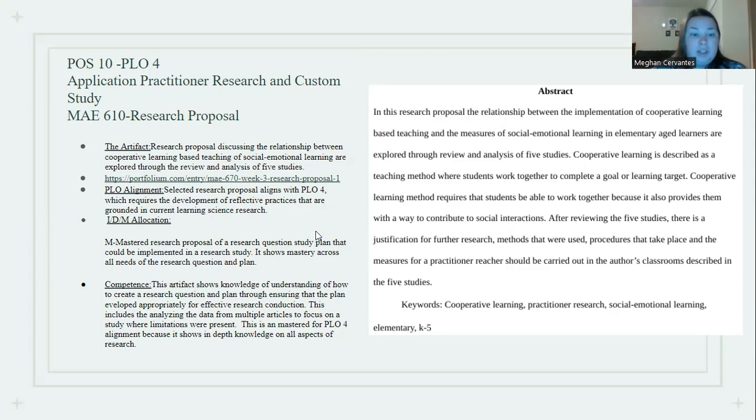The IDM allocation is M for mastered research proposal of research question and study plans that can be implemented in a research study. It shows mastery across all needs of research question and plan. The competencies: this artifact shows knowledge of understanding of how to create a research question and plan through ensuring that the plan includes the analysis of data from multiple articles to focus on studies where limitations were present. This is a mastered PLO 4 alignment because it shows the in-depth knowledge of all aspects of